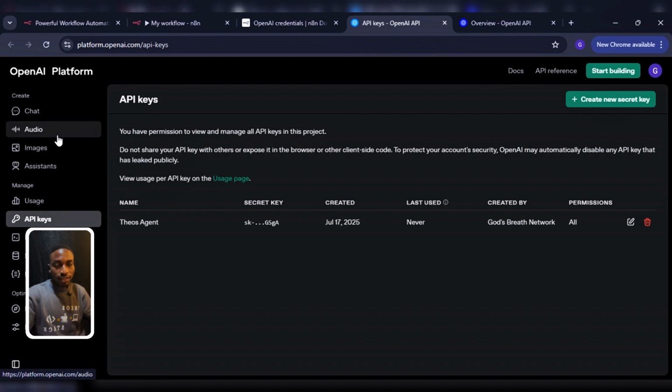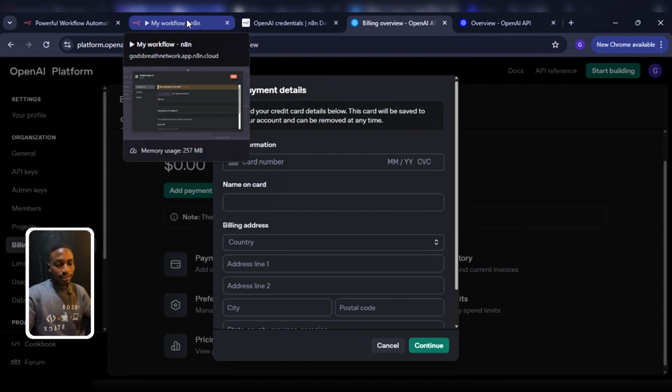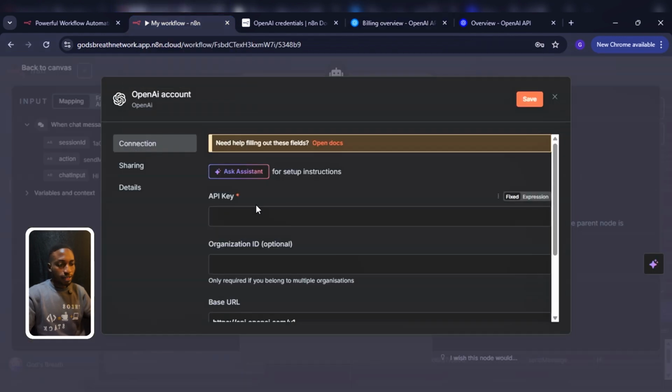You can use some other models like Gemini. Gemini is currently free for now. Just go on Google and search how you can get the Gemini API key. Once you get the API key, you can just continue with that. That is completely free. I'm just going to go back to my n8n and I'm going to put my API